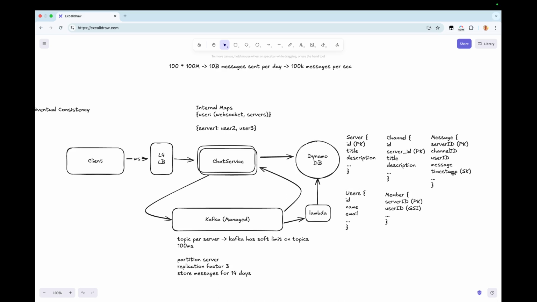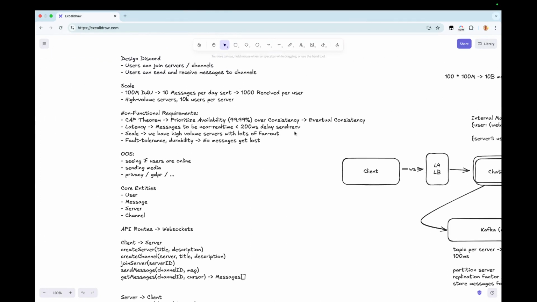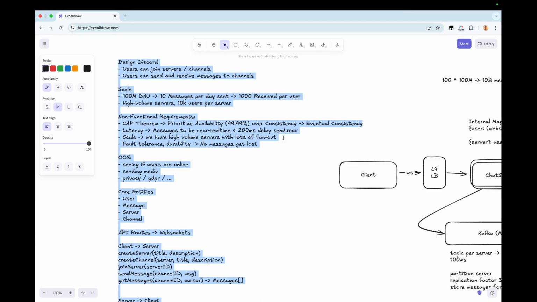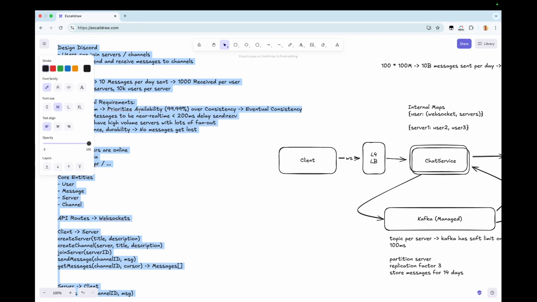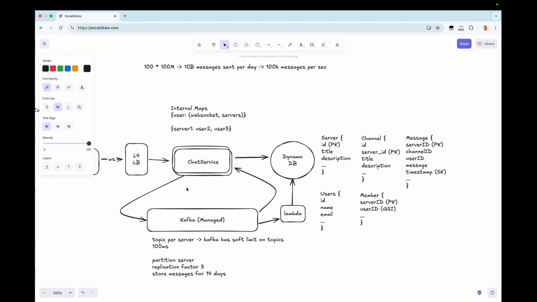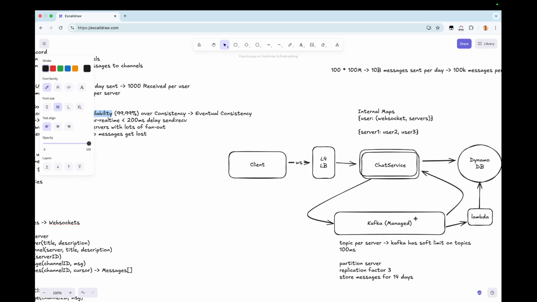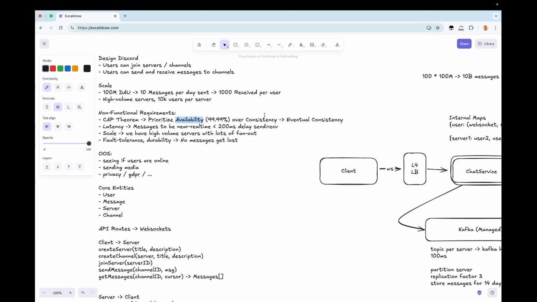We can dig into that further, but I want to talk about some other stuff before we wrap up this design. We talked about CAP theorem. We have eventual consistency for the messages. We're passing those through Kafka. It may take a little bit, but we are prioritizing availability. We're just writing to Kafka when we send a message. That's our only dependency, and so we are highly available. We're not doing any sort of ACID or transactionality. We're basically just passing those messages along.